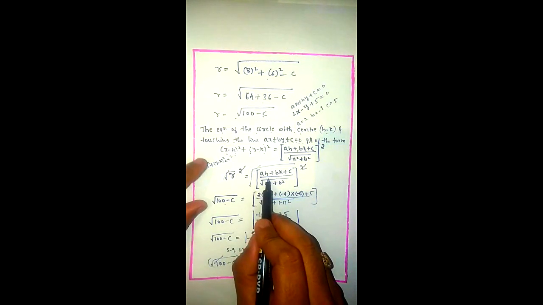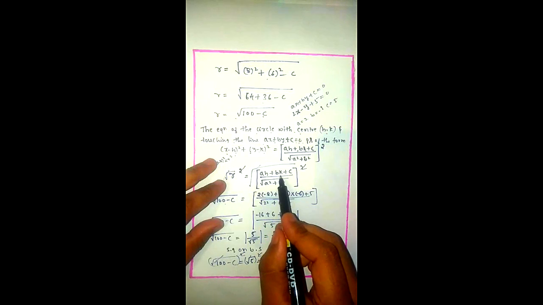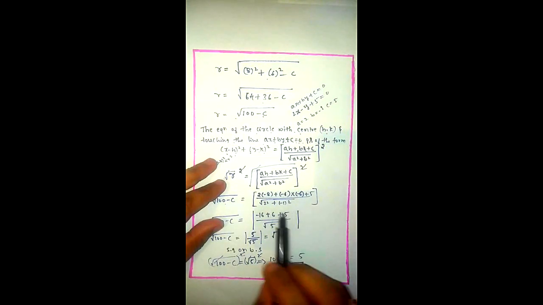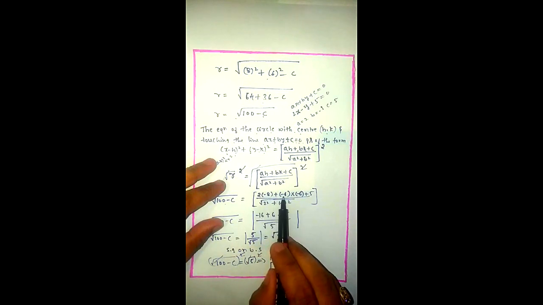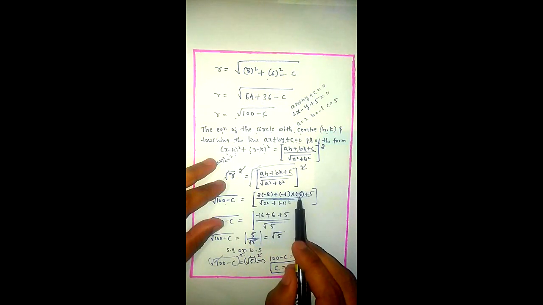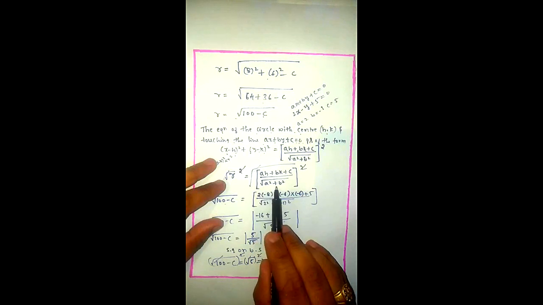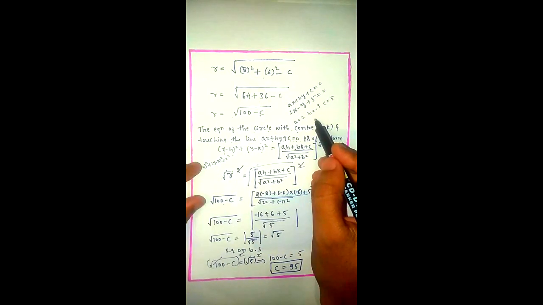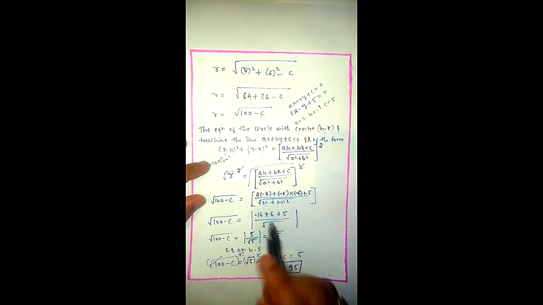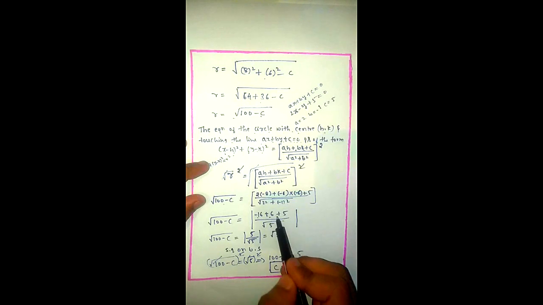So H is equal to what? Minus 8. Then K is equal to minus 6. So direct substitution: A value 2, H value minus 8, B value minus 1, K value minus 6, plus 5, divided by A square plus B square. A value 2 square, B square minus 1 square. If I solve this, minus into minus is plus, 6 plus 5.